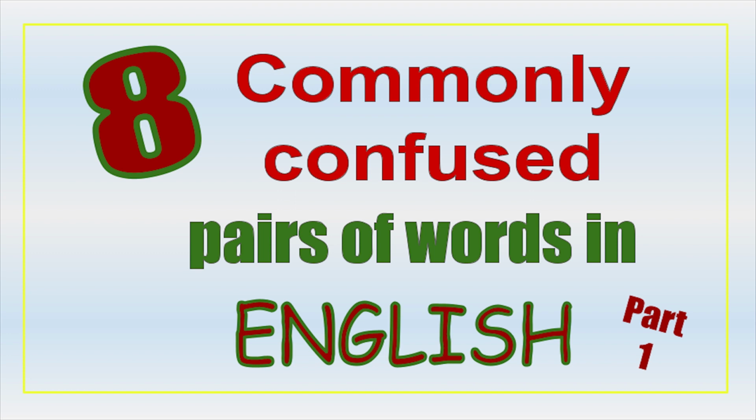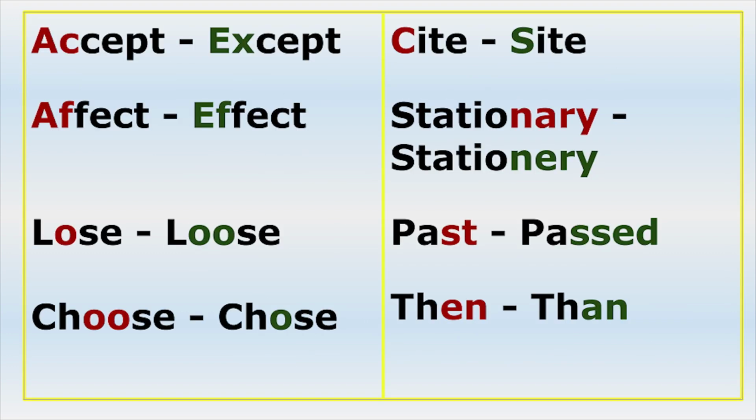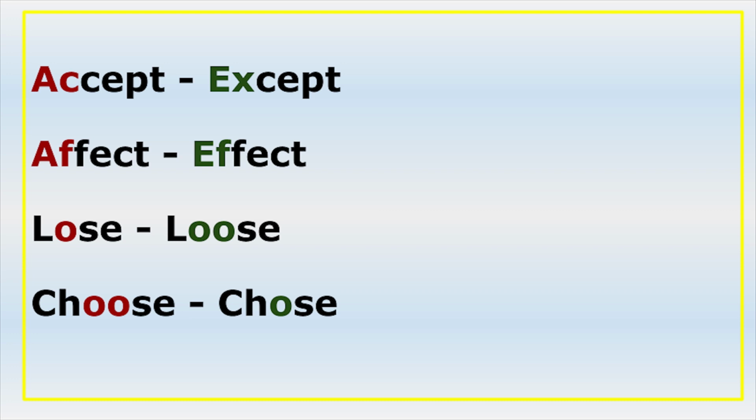Today we will look at part 1 of 8 commonly used confused pairs of words in English. I will give you their meanings and show you with examples how to use these words correctly. At the end of each part, I will test your knowledge with a short quiz. In this part 1, I will give you 4 pairs and the other 4 pairs I will give you in part 2. The 4 pairs of commonly confused words that we are looking at today are accept and except,